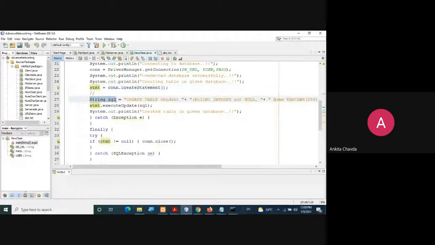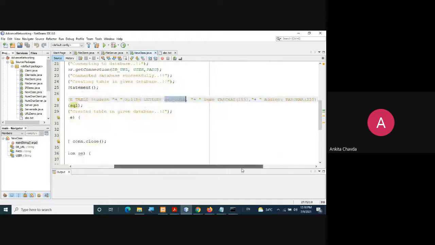String SQL equals create table. That is the keyword, right? Then you are giving the table name as student. What do you want? First column is roll number, which is of data type integer. It should be not null. Second one, name, is varchar with the size 255.